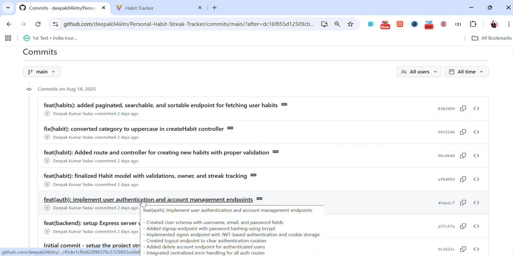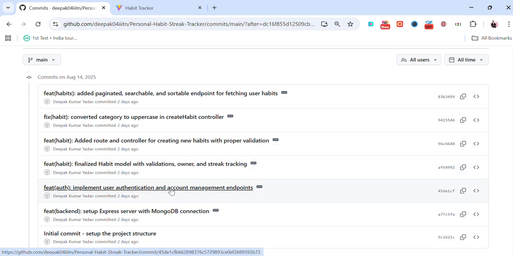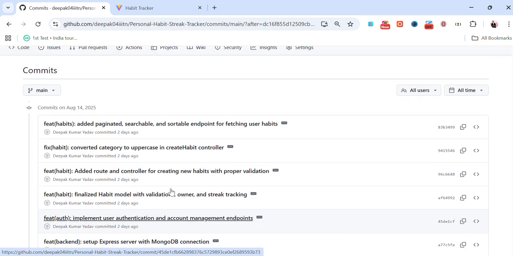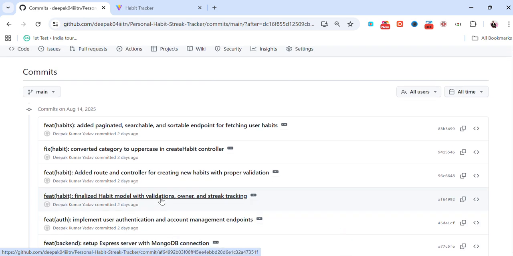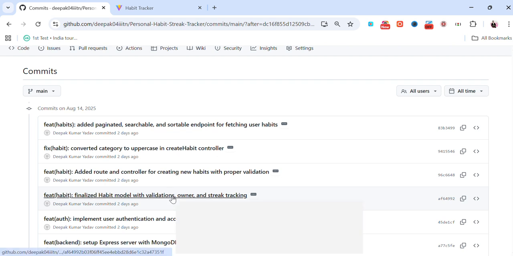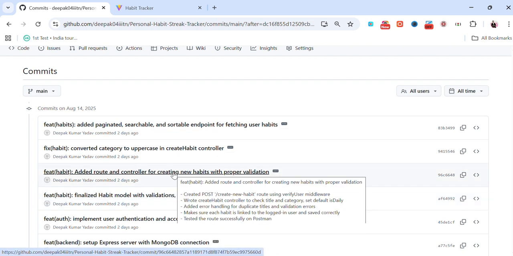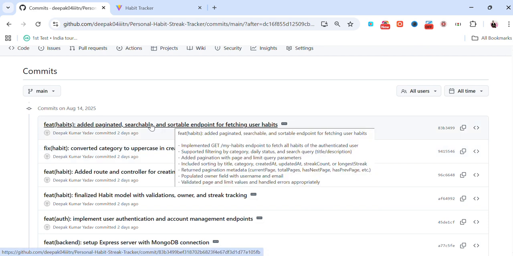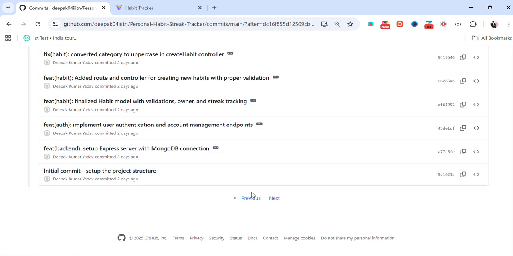After that, I implemented the user authentication and account management endpoints like login, sign up, delete account, get user detail, etc. Then I finalized the habit model with proper validations, owner and streak tracking, and then started creating endpoints for the habit, for creating a habit, editing a habit, deleting a habit, getting a habit by ID and all, and also added the pagination, searching, sorting and filtering, all on the server side.